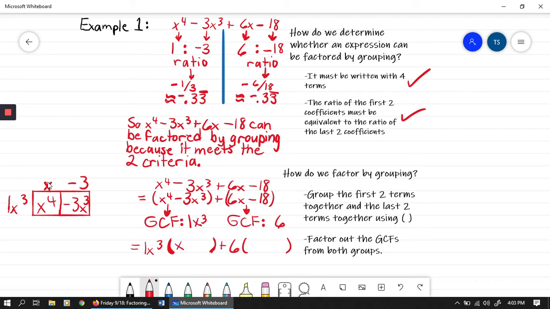So that means that x goes there, and the only thing that we multiply times 1x to the third to get negative 3x to the third is negative 3. So that's what's left over here. All right, if we do the same thing for this one,